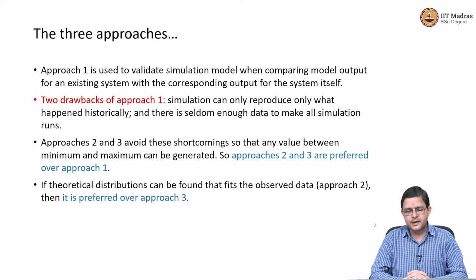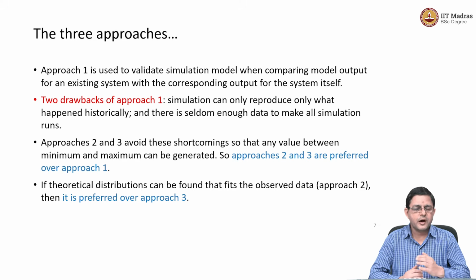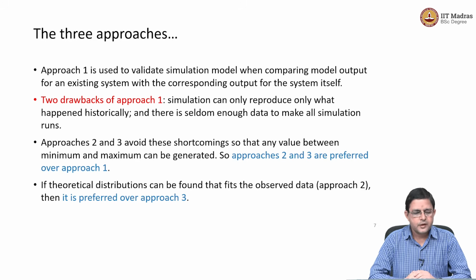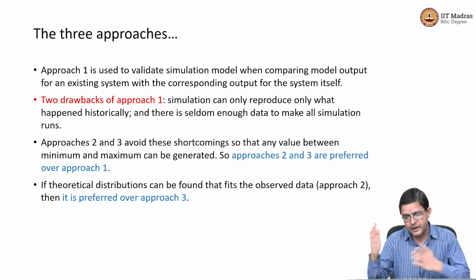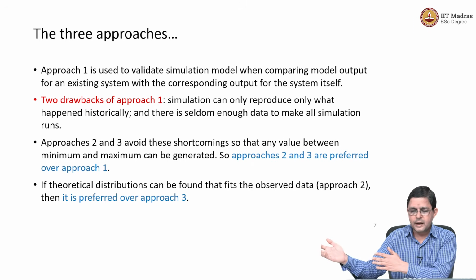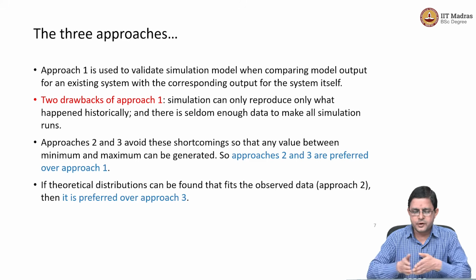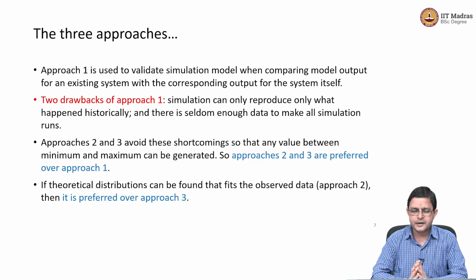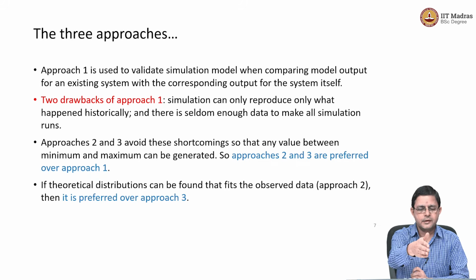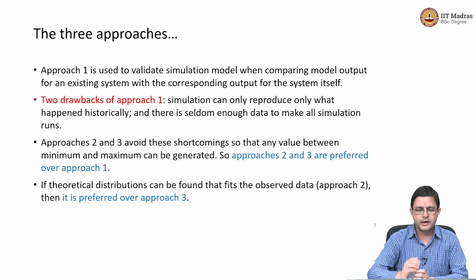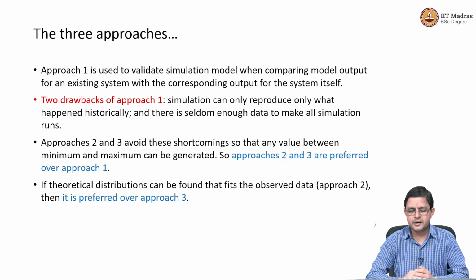So, before we do that, let us quickly take a look at how these 3 approaches compare with each other. Usually, approach 1, which is using the plain 3 months data, is used to validate the models, right. We already have a model, you already have the output, and you want to validate whether that output is correct or not. So, what you do is you push this 3 months of data into your model, and your model generates an output, and you compare that output with the reality, with the existing system, which is what happens tomorrow, and check whether that matches, right.